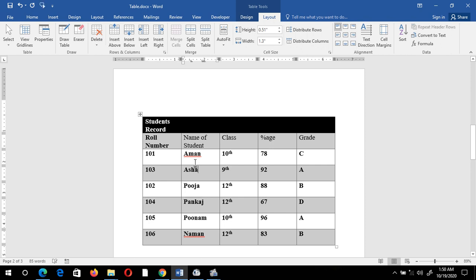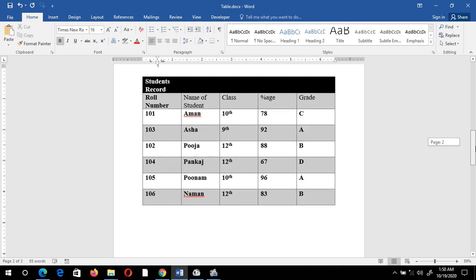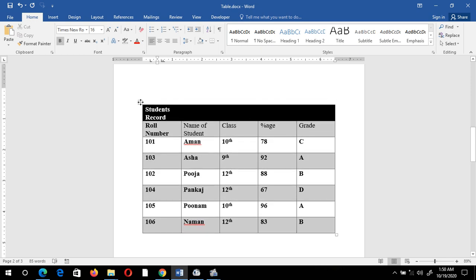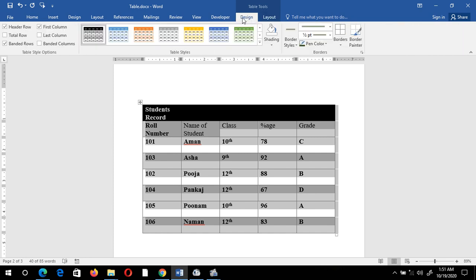But I want to merge all these cells. So I have to select all the cells. Before selecting all the cells, I will tell you how we can give a border to my table. Firstly, select the entire table. After that, from the design tab, you can see there is a group, that is the borders group.